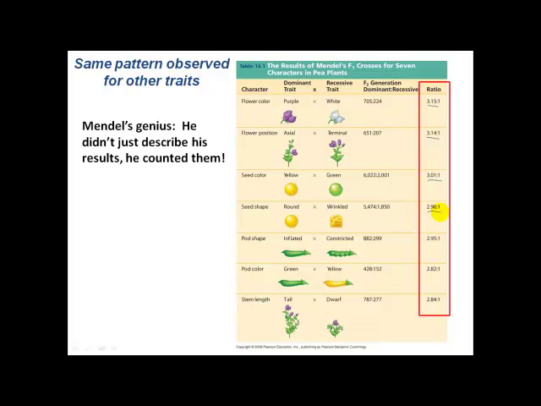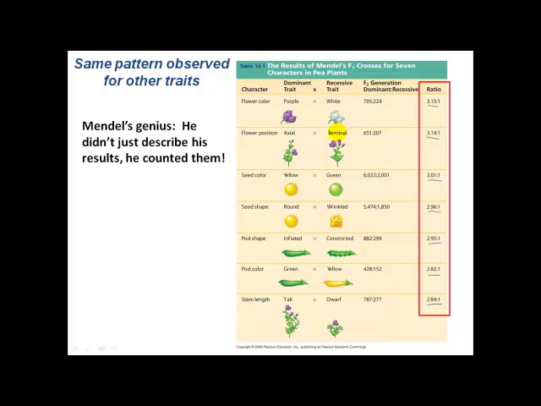And so the fact that Mendel had this preparation in terms of his education in math, he wasn't just a descriptive scientist. He didn't just describe in very general terms the inheritance patterns that he observed. He actually counted them. And because he had a background in mathematics, the numbers and the patterns that he observed in these crosses allowed him to infer what must be going on with genetic inheritance.